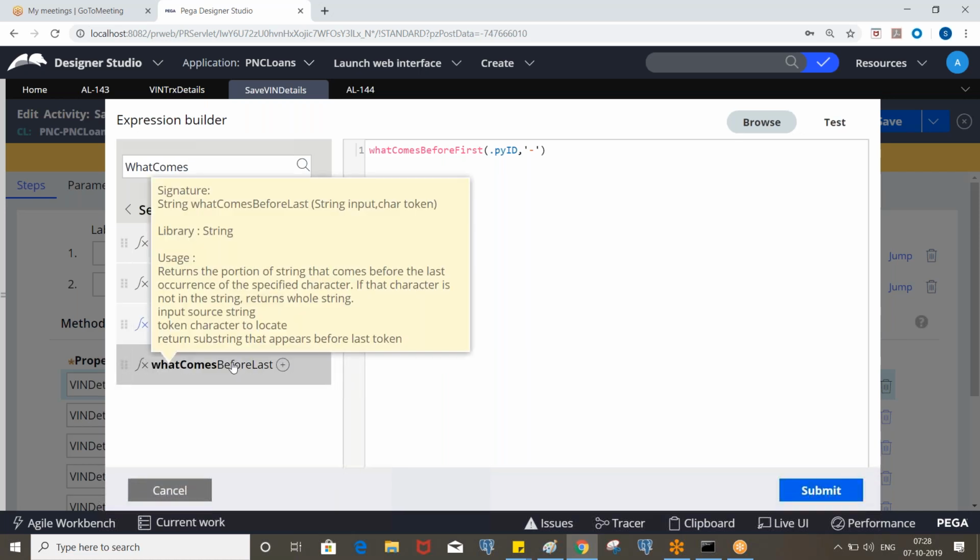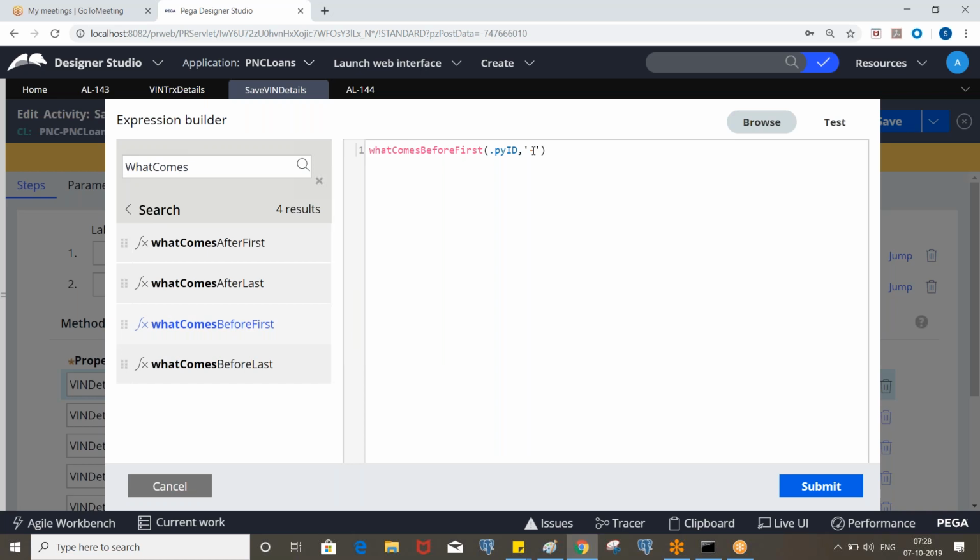Clear? So what comes before last returns the portion of the string that comes before the last occurrence of the specified character. So before the last occurrence of the item.